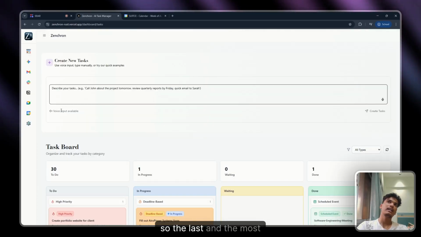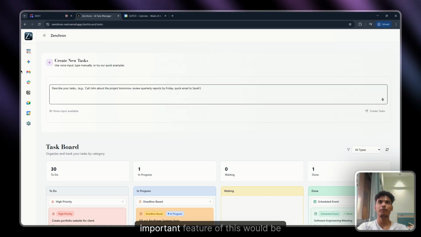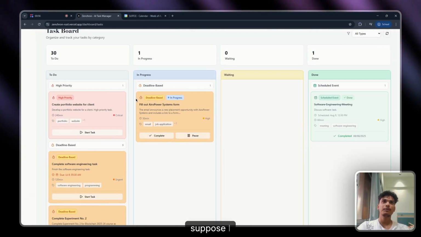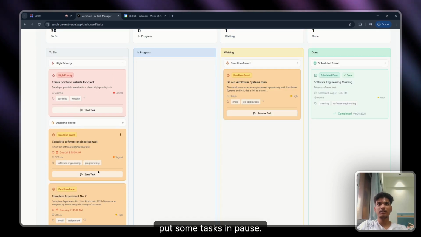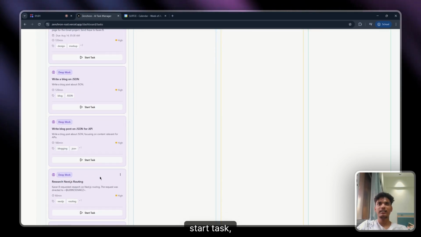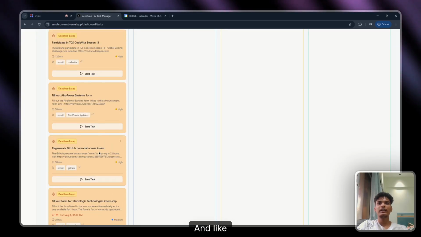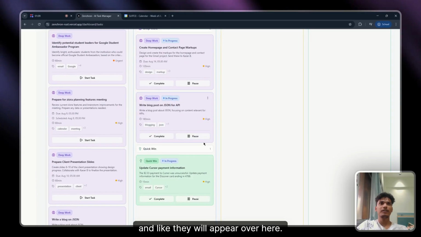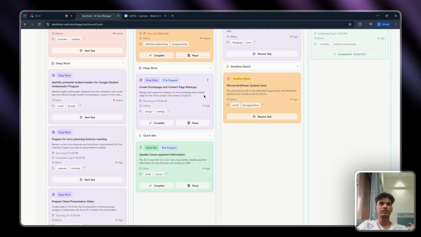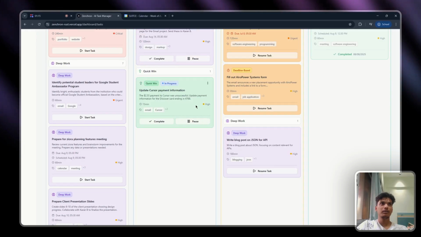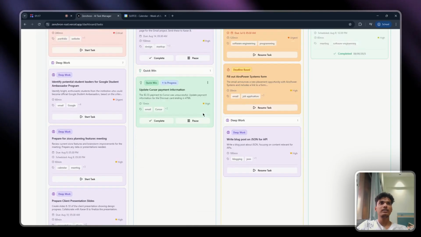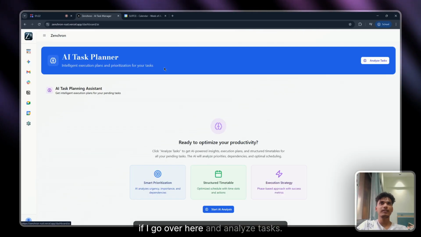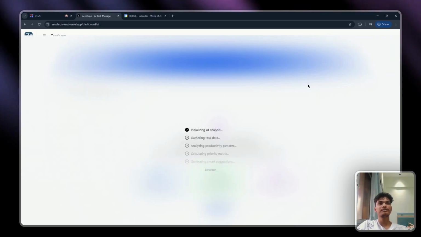Okay, so the last and the most important feature of this would be analyze tasks. So here, suppose I put some tasks in pause, start task, and like start task, and they will appear over here. So suppose I put someone on pause and I put someone on pause. So now what will happen is, if I go over here and analyze tasks,